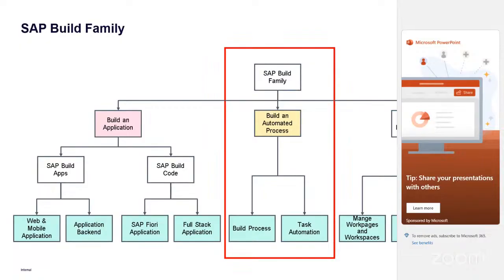Yeah, and that communicates between SAP and non-SAP systems and consumes APIs. And there are lots of ways to introduce consuming a service, consuming a form, developing a custom form, and then you consume that in your build process automation. So all those things we have planned over a period of time in our different sessions, and we will be sharing them. So in our session at this point in time, the main focus is build process automation and how we can leverage its capabilities to automate our business process in terms of the workflow. So if you see on the left hand side,